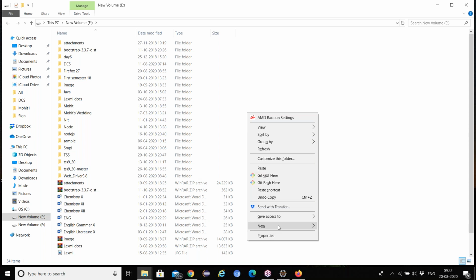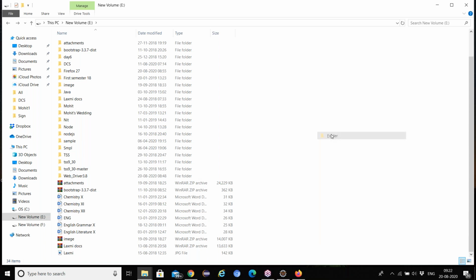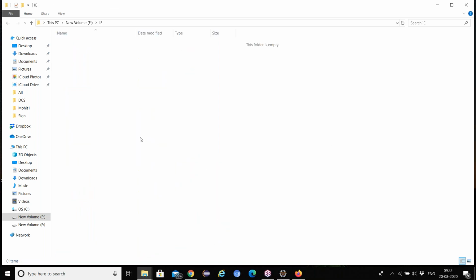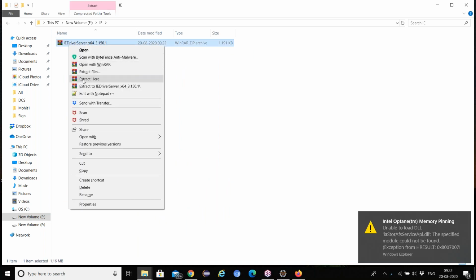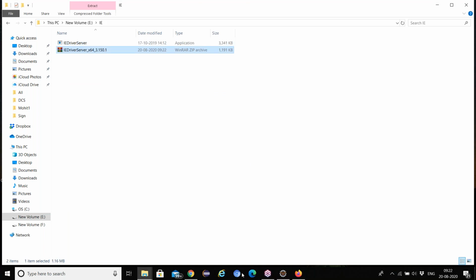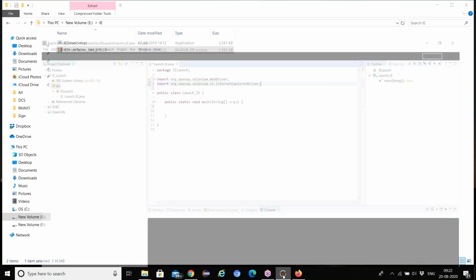New folder, IE driver. Good, you have already extracted it. Now copy this path.